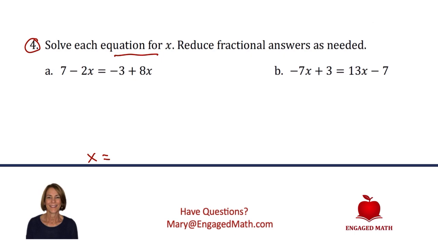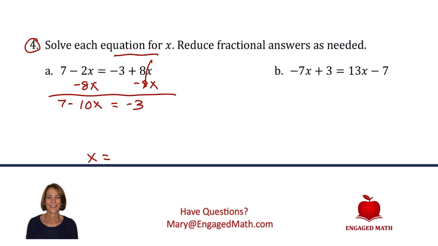So for this problem, I'm going to start by subtracting 8x from both sides. Now, the reason I chose to subtract 8x is because if I do that to both the left and the right side of the equal sign, I'm keeping the equation balanced, but 8x minus 8x just gives us 0, so I can cross that out. So I get a much simpler equation, 7 minus 10x, because negative 2 minus 8, so 7 minus 10x equals